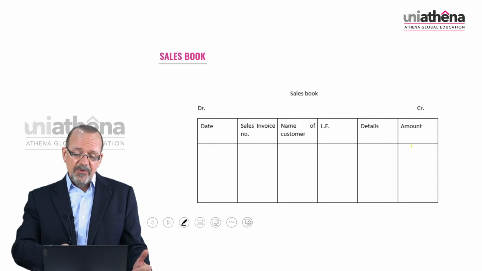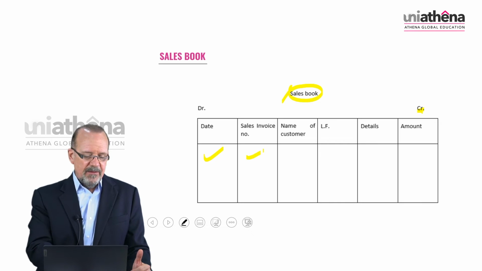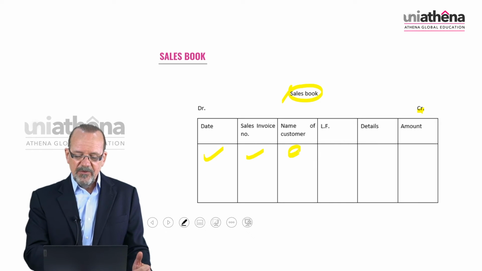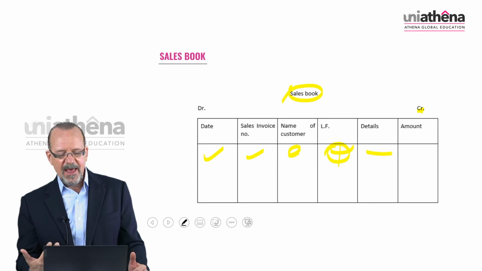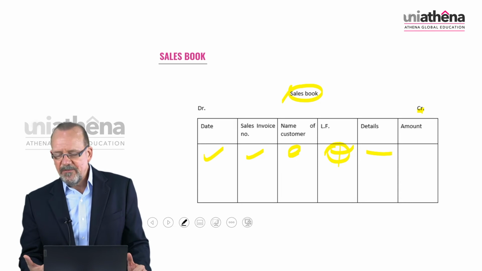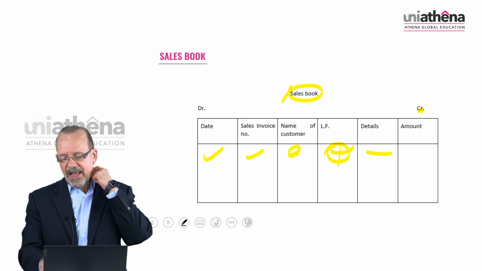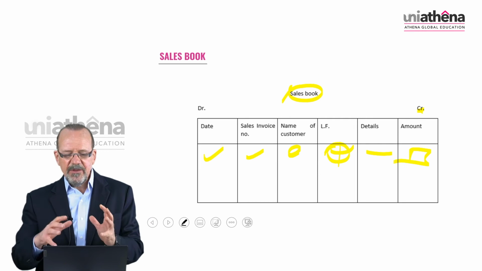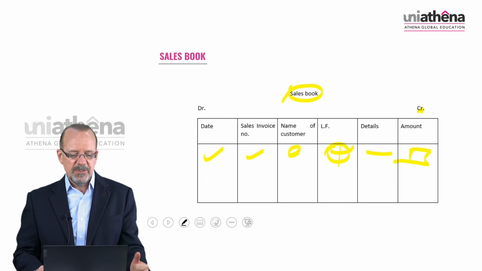Another example could be our sales book. Again, we're looking at credits here most likely, right? So same thing, date of our sales invoice, name of the customer, where this is going to get posted to and the timing of it, the details, the description, what type of sales did we have? Was it a product? Was it a service? Those types of details, and the amount that we're going to be discussing. Okay, so these are captured in this instance in your sales journal,